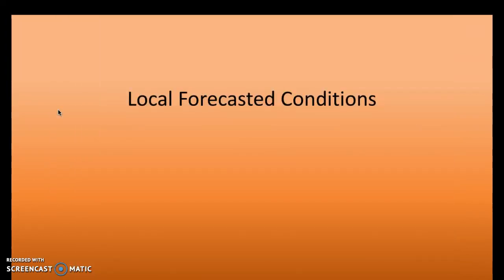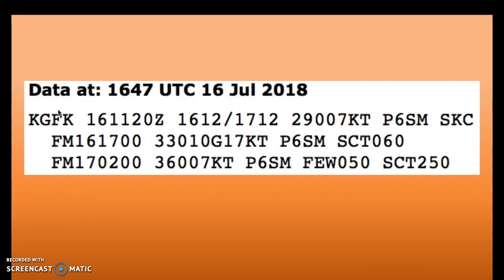Last, we'll be looking at our local forecasting conditions for the area of North Dakota. Okay, so I'll start off with the terminal area forecasts, and it's looking pretty good. We do have some scattered clouds coming in at 6,000 around 12 o'clock today, and looks like 9 o'clock tonight. We'll have a few clouds at 5,000,